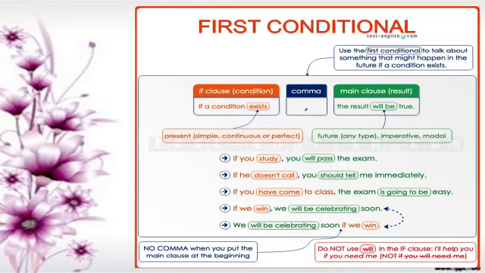Okay, in the first conditional, we can use the present tense, el tiempo presente. Y puede ser any type, cualquier tipo, simple, continue, or perfect. But in our case, en nuestro caso, no nos vamos a enfocar en otro tipo de presente, solamente simple present tense, ¿ok? Solamente el tiempo presente simple. Y en el resultado vemos el uso del future, del futuro. Cuando ustedes estudian el primer condicional en algunos libros más avanzados, van a encontrar también todo tipo de futuro en el resultado.